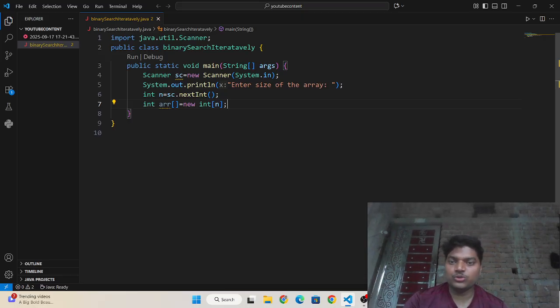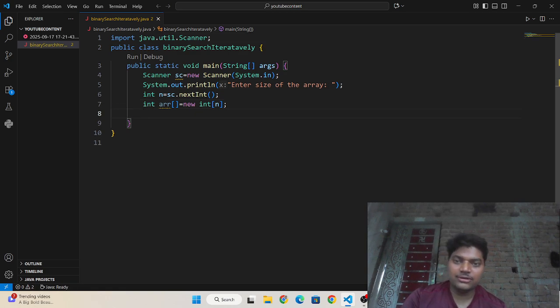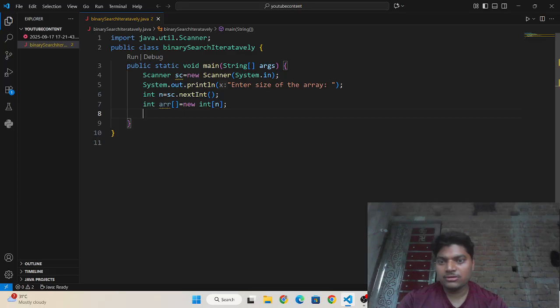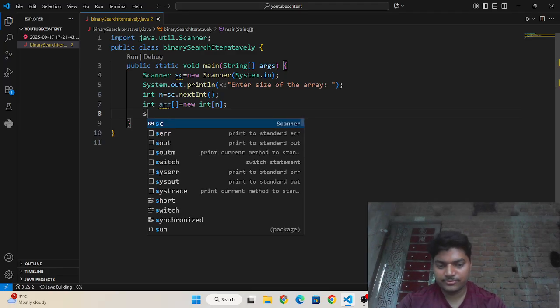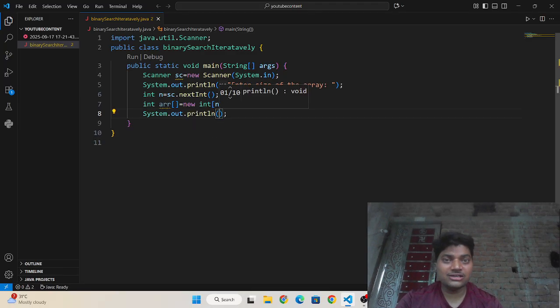So I already ask the user to enter only a sorted array. Sorted elements we need to take, so I need to ask the user. Now I am going to take the elements for the array.